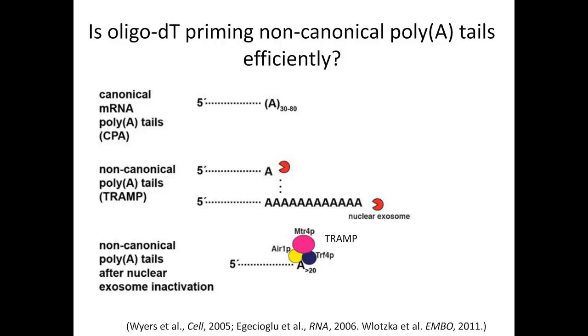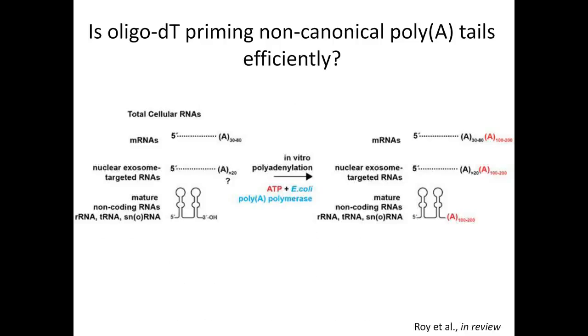And we knew from previous work that after inactivating the nuclear exosome, the TRAMP poly-A complex actually continues to add short stretches of A's at a time, and so the A tail can get lengthened. But we weren't sure if this was universally occurring on all transcripts. So what we decided to do was employ an in vitro polyadenylation treatment. So we took purified RNAs from the cell, from either the wild type cells or the cells in which we inactivated the nuclear